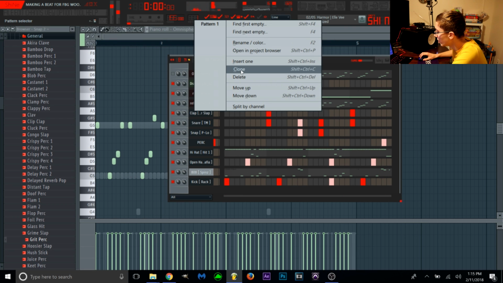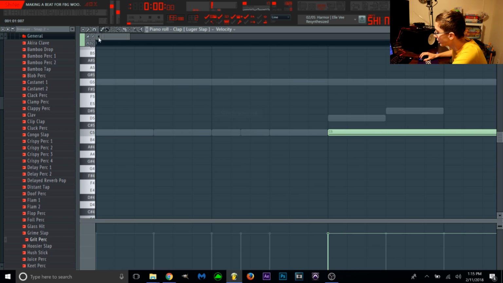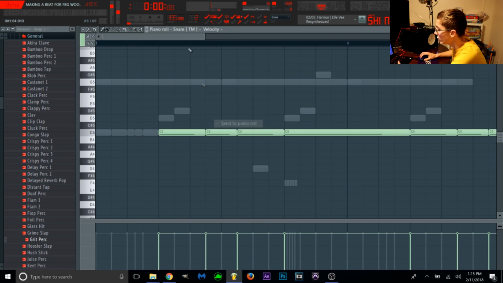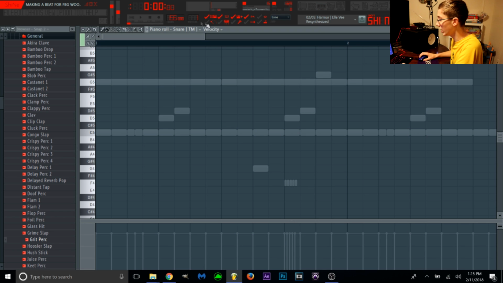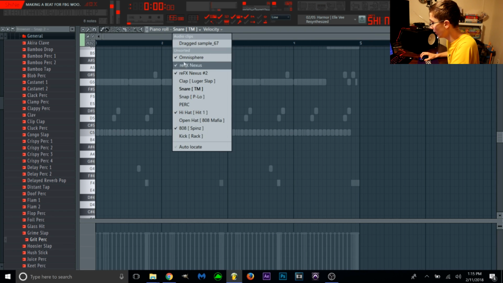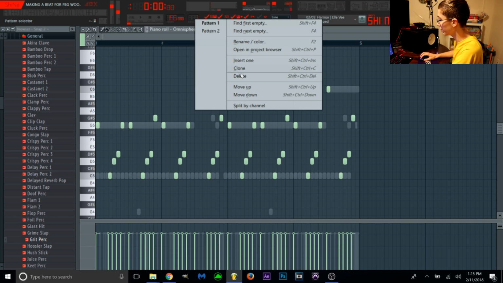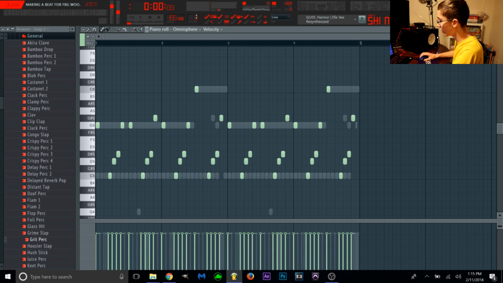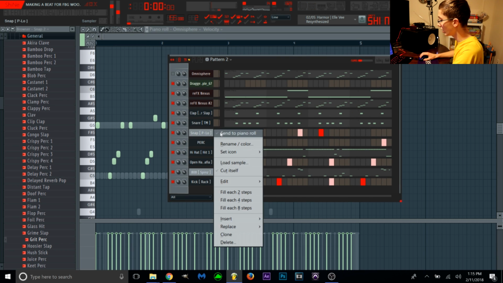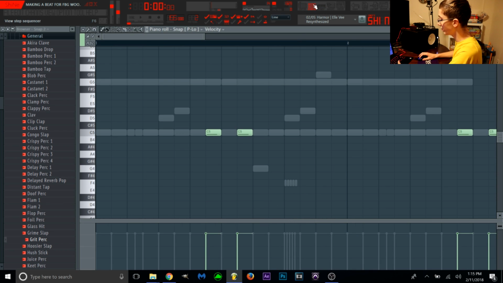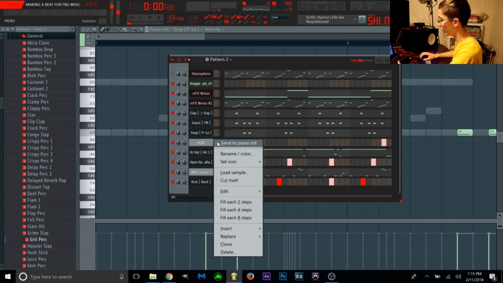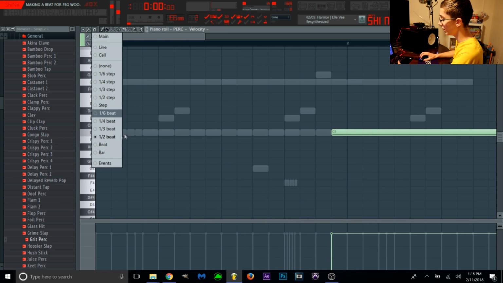Alright, now what I'm going to do is I'm going to arrange it real quick. What I do is I duplicate a pattern, so if anybody ever asks me to change the beat or whatever, I can just go in and edit it in the first pattern. So I right click up here and hit clone, and that clones the whole pattern into another one. And then I just go through and I right click on each sound and hit send to piano roll, and then you make sure your snap to grid is on a half beat up here,